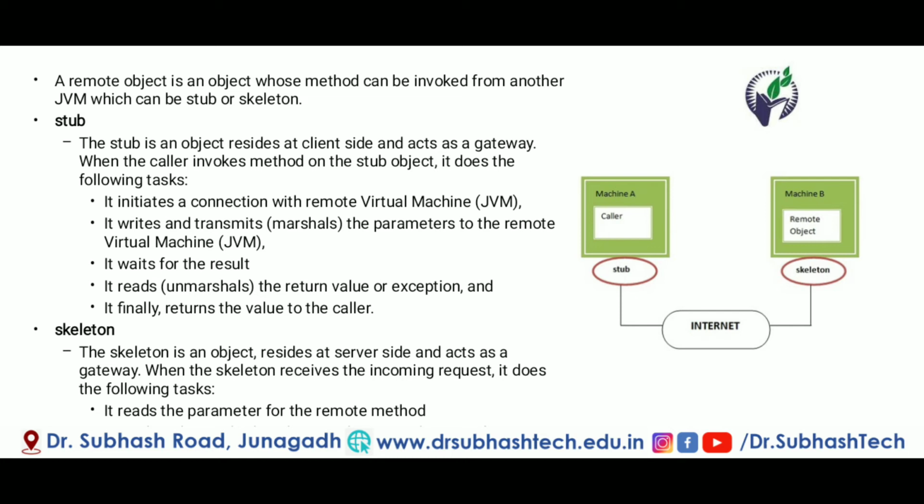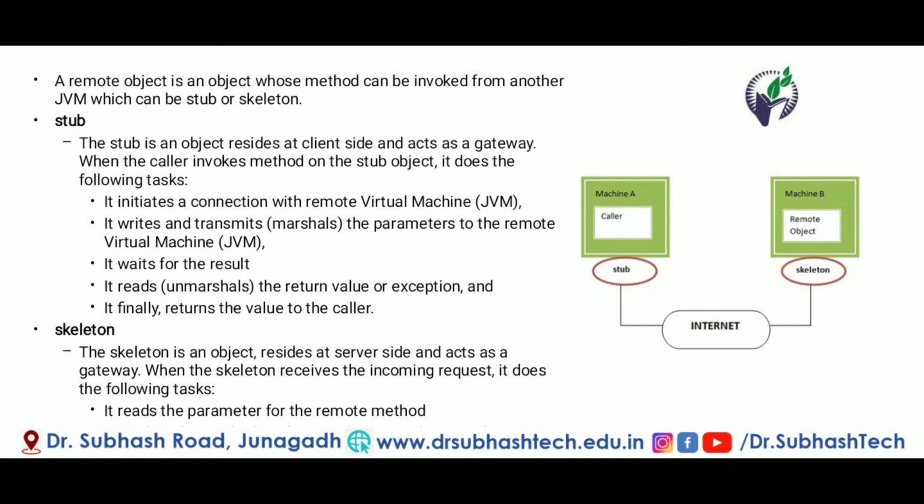For example, your friend has some books, right? And you want to borrow a book from that friend. So what are you doing? You just call your friend and ask for that book, yeah? So you initiate the connection with your remote object, or your remote friend, right? This is the initiating of the connection performed by the stub object.